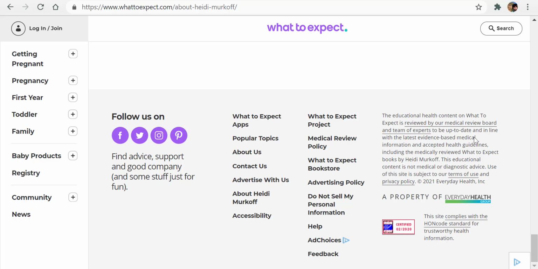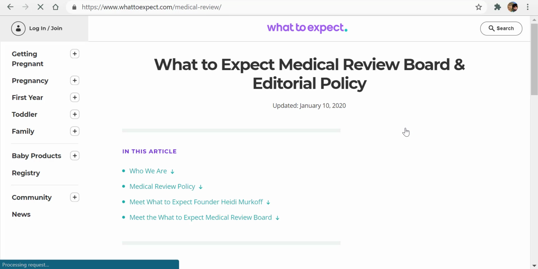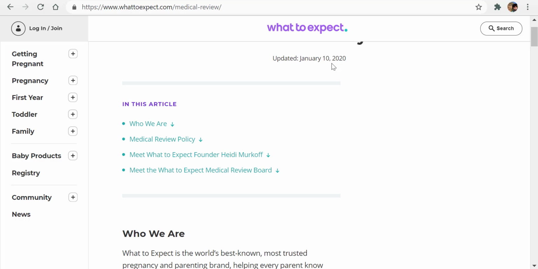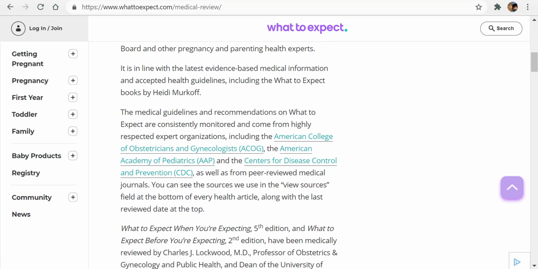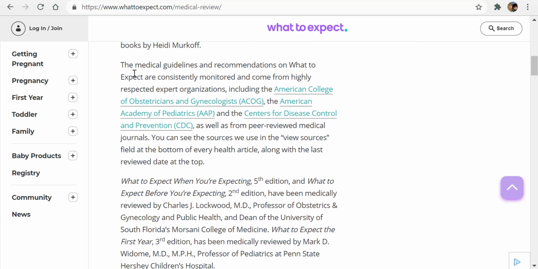And it took me until looking at the very bottom of their webpage, where it says it's reviewed by a medical review board and team of experts. And the other thing is it says that it's on-code certified. So I decided to look into what it means that they're done by a review board, and they actually have a review policy where they have experts that come from all of these different organizations, which are organizations I would expect for